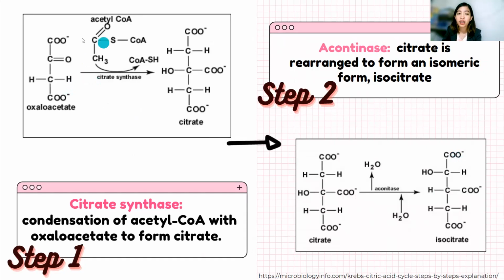ng condensation ng acetyl-CoA with oxaloacetate to form this citrate molecule. And itong water molecule na present, ina-attack niya yung acetyl group, leading into the releasing ng coenzyme A from the complex. And dito naman sa second step natin, we have the aconitase enzyme, kung saan yung citrate naman is nare-rearrange to form an isomeric form of